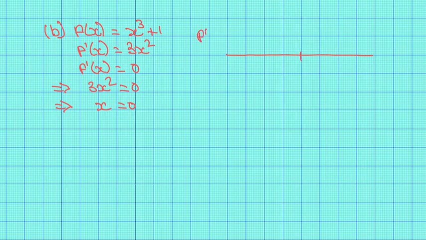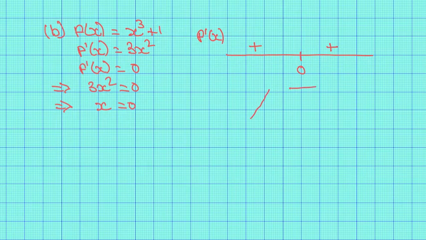So we do our sign diagram for f dash of x. So we need a negative number. So if we test for -1, -1 squared is 1, times 3 is 3, so it is positive. Now let's try for 1. So 1 squared is 1, times 3 is 3, so it is positive. So we have